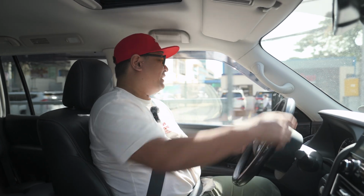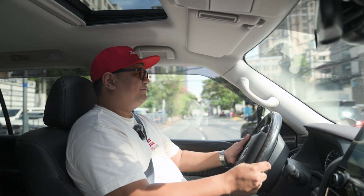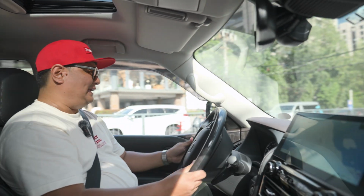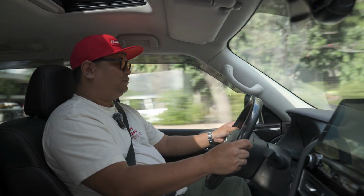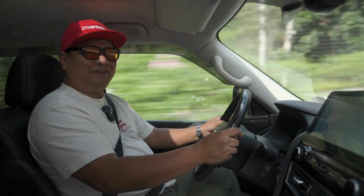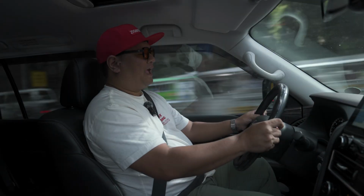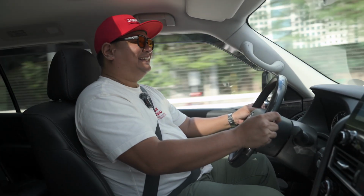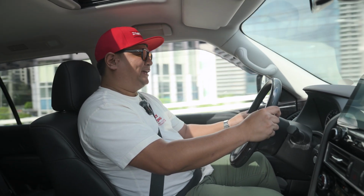Plus, you get that wonderful V8 engine under the hood, which, to be honest, not a lot of midsize or even full-size SUVs are getting these days. A lot of them are slowly transitioning to turbocharged V6s or, God forbid, hybrids or even electrics. And I'm glad that Nissan still has the cojones to put a V8 in this really large SUV,